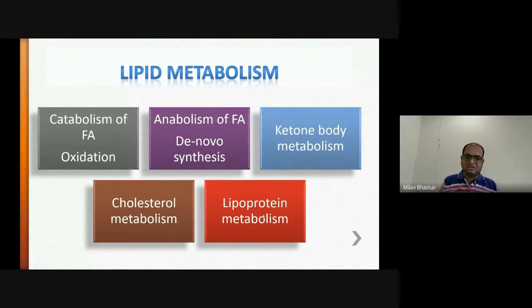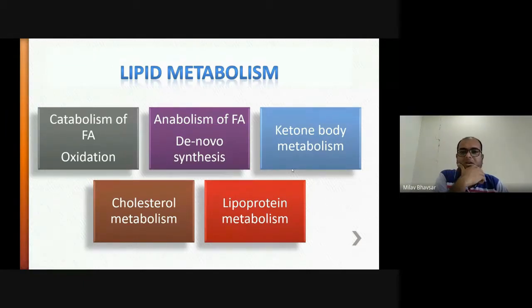Why catabolism first? It is just like a major common play where, once it is complete, it goes into the TCA cycle. What you generate is the acetate. So from that, we can discuss anabolism. They are almost linked, in a way as a pathway. So once we have enough idea about catabolism, it is going to be easy for us to identify how this generation of fatty acid happens inside our body. Then we'll discuss the other components.